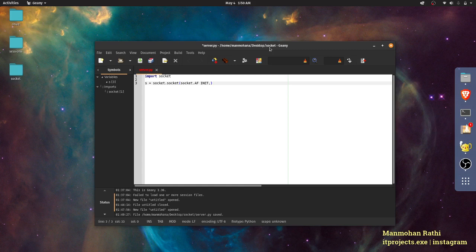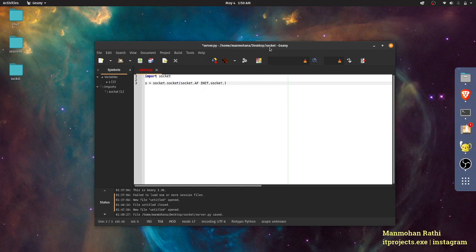This is the default one, and for this tutorial we'll be using it. It supports IPv4 kind of IP addresses, so we don't need to change anything there, just keep it as it is.